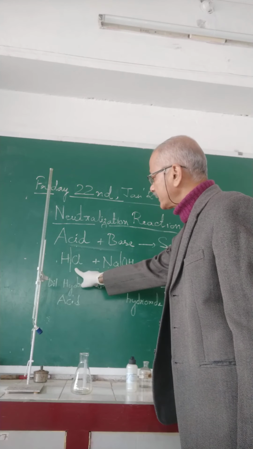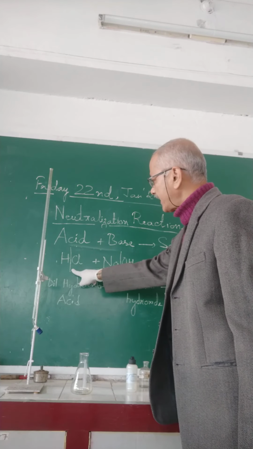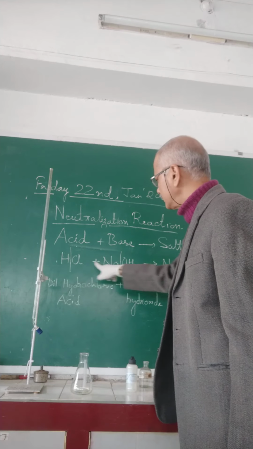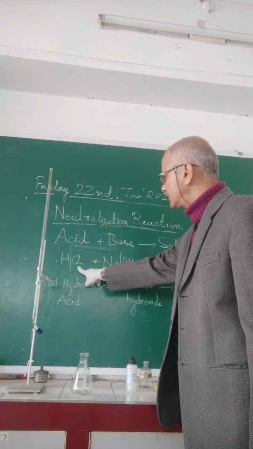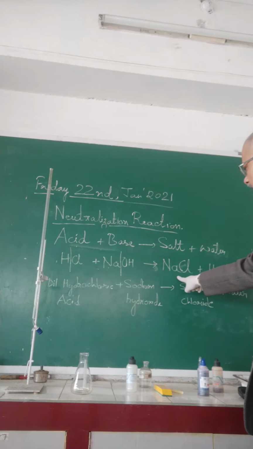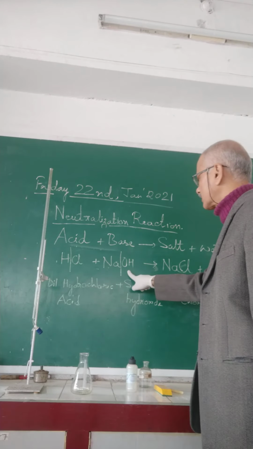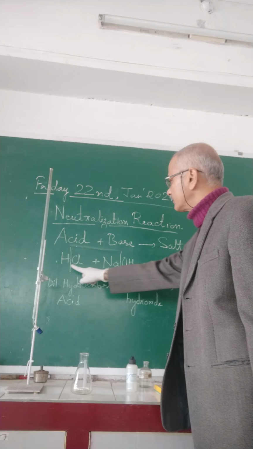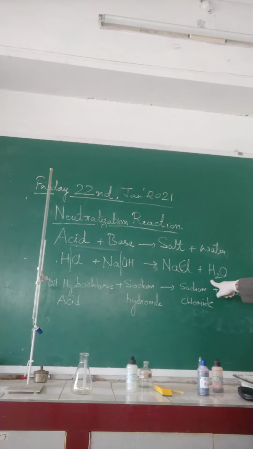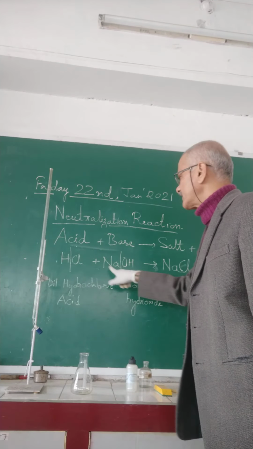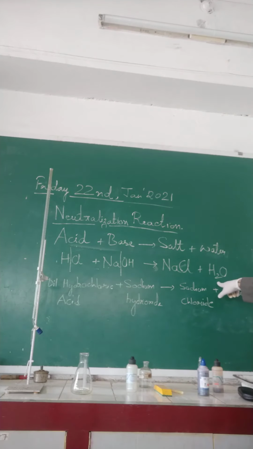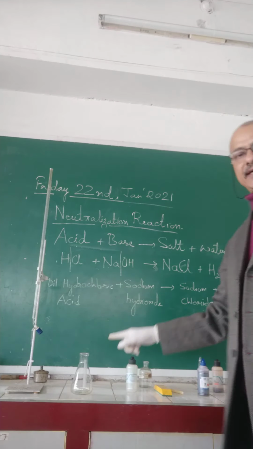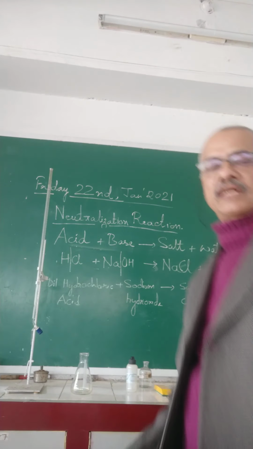this hydrochloric acid will break this way into H ion and chloride ion, and sodium hydroxide into sodium ion and hydroxyl ion. The positive sodium ion will react with the chloride ion to form sodium chloride, which is a salt, and the hydroxyl ion will react with the hydrogen ion to form water. So hydrochloric acid reacts with sodium hydroxide to form salt and water, right? And I have added 2 drops of phenolphthalein in it.